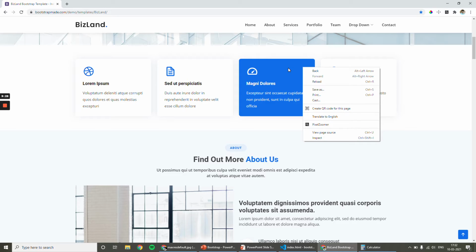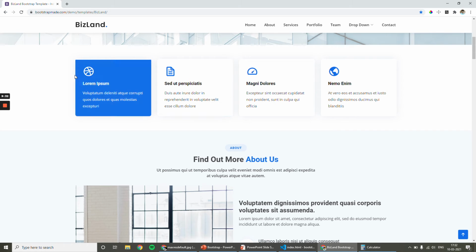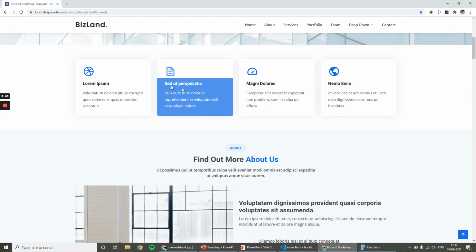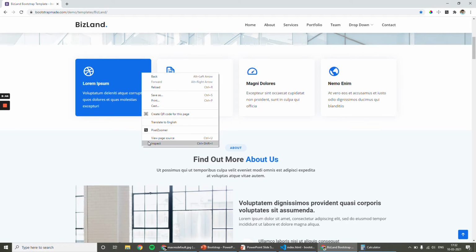Likewise, you can give different values. Mostly in a single row, we will try to keep similar size boxes, but in real time you can keep different dimensions as well.